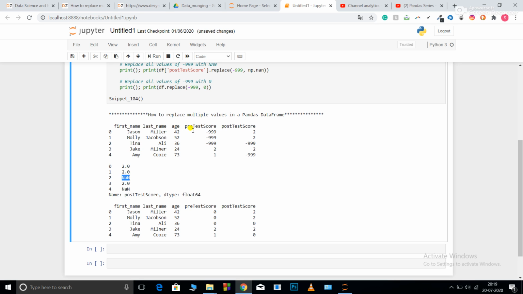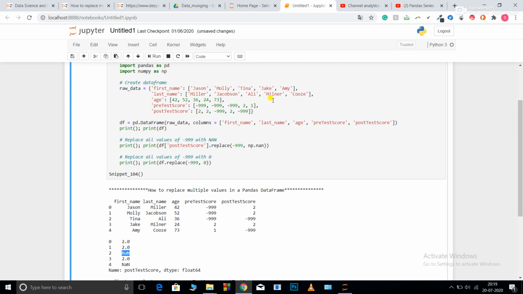All the other values of the data frame remained intact. The change has only been done in this post test score column. If I need to permanently replace it, then I just need to write inplace equal to True, and then the changes will be reflected in the final data frame.